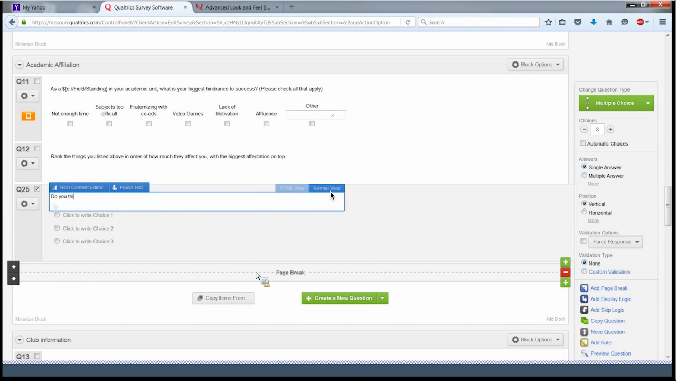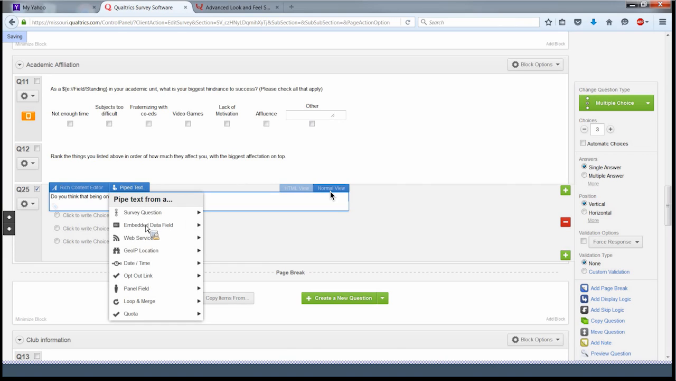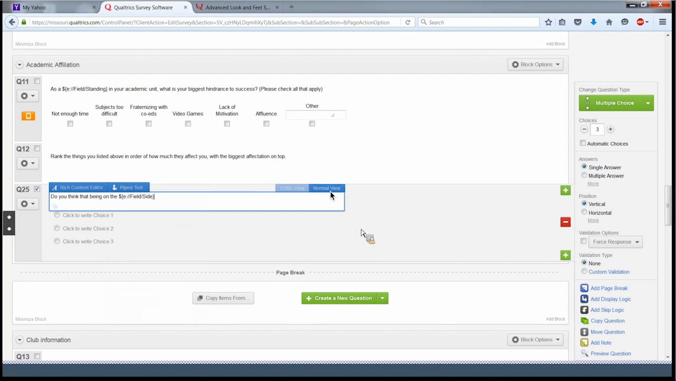Do you think that being on the, and now let's pipe in some text from an embedded data field, and this one is called side, remember, whether on the light side or the dark side. And I understand that light side is a little bit not correct when you're talking about Jedi, right? So if you're, yeah, all you fellow nerds out there, I understand, but for clarification of the question, I'm letting it go. So do you think that being on the blank side helps or hurts you as